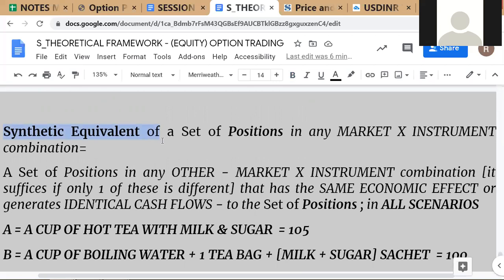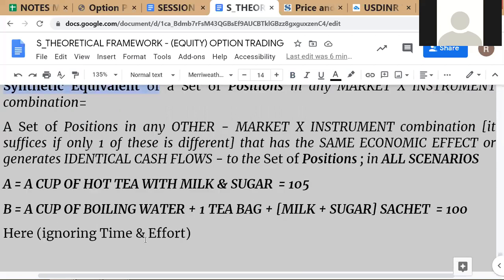So in this crude example, ignoring the time and effort required to put all these together and make a cup of tea. Of course, you need another one. Okay, so here you need a cup also. Okay, you already have the cup of boiling water. Okay, here we say that ignoring time and effort,